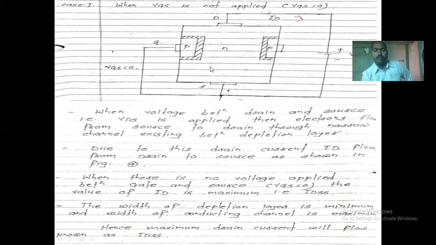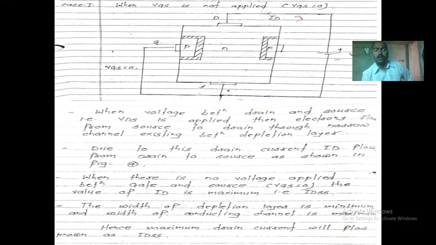As the depletion layers of the two P regions come near to each other, and with more negative voltage the depletion layers become largest and finally connect to each other, there is no space for current to travel from source to drain. So no current flows through the device.